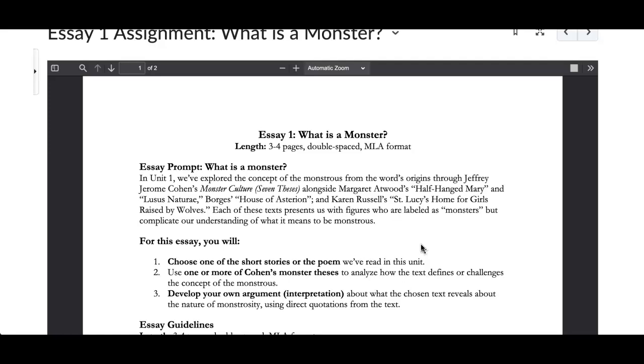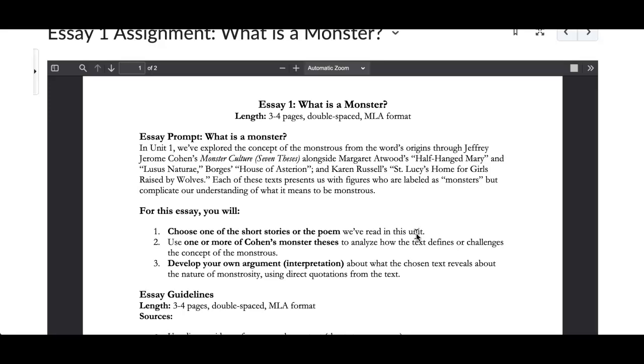Secondly, I wouldn't spend a great deal of time summarizing the text. Presume your audience has read them, for I am your audience and I have, but also you want to spend as much time and space as you can getting to your unique analysis. So certainly a sentence or two of summary just to lay the groundwork or the foundation to give us a sense of the story, because your summary in a sentence or two is probably already going to be in service to your analysis.